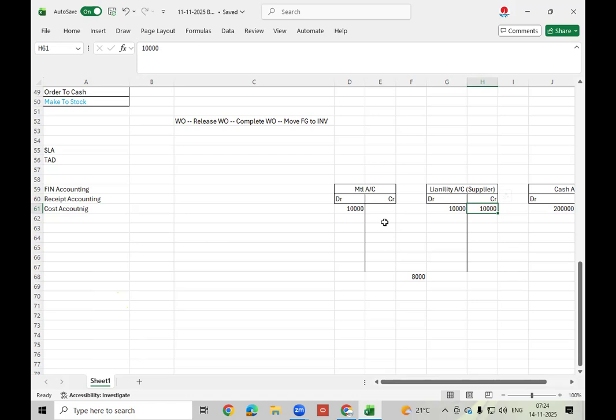Here, at the same time, based on this accounting entry, it will generate journal with debit value and credit value. But here, separately we maintain the debit value, credit value, but in journal transaction at a time we will maintain debit value and credit value.